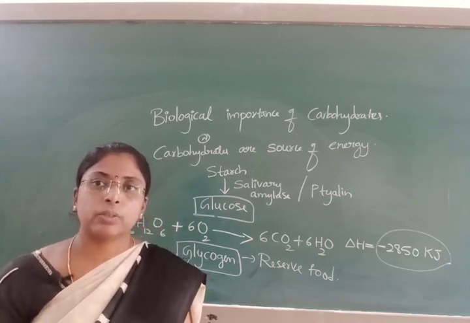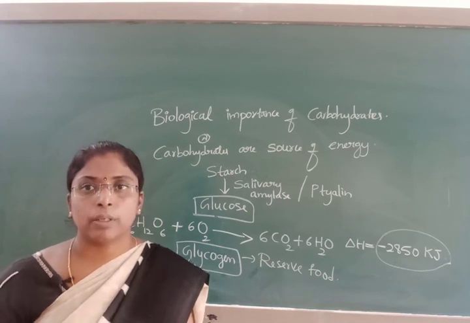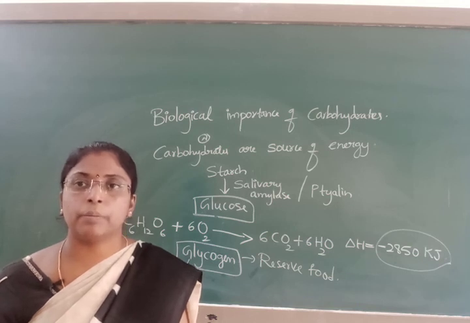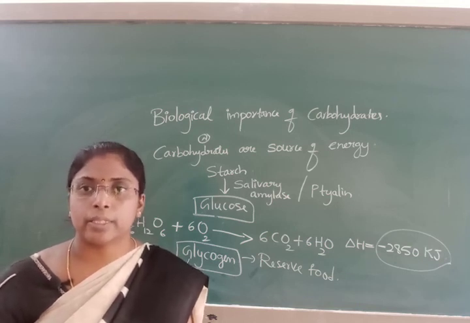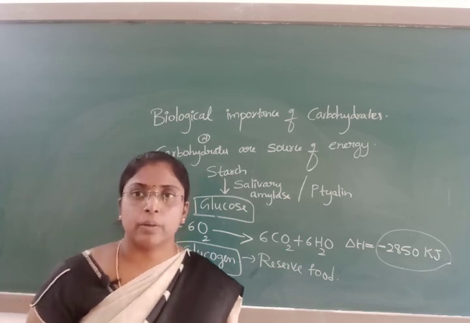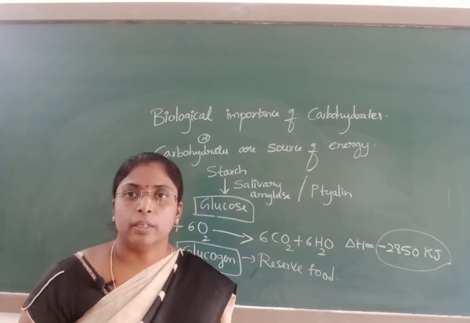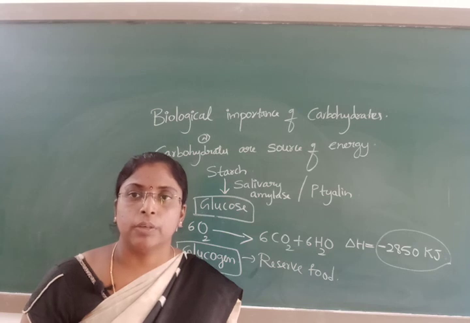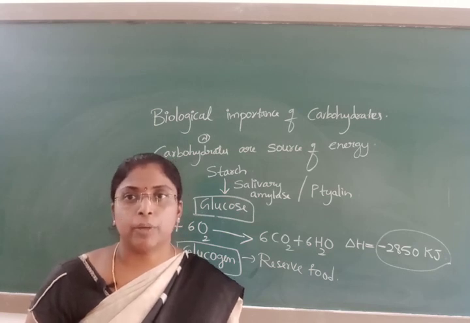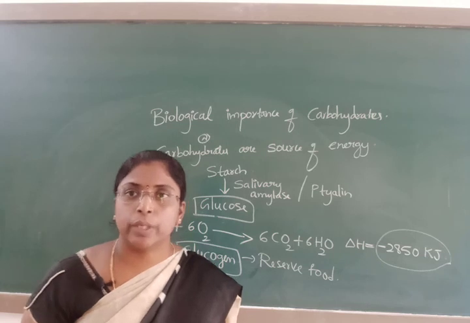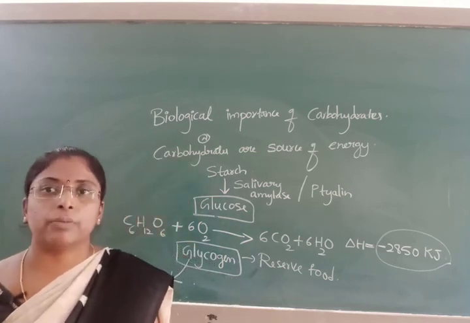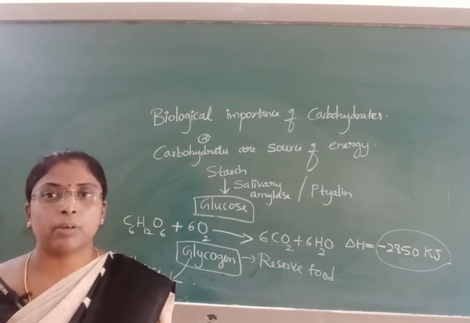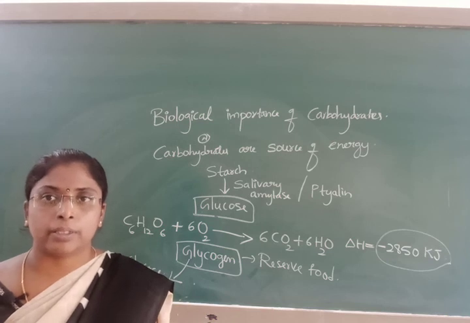Since cellulose is the main source for wood as well as cotton, in the form of wood it is used in the paper industry, and it is used in the textile industry. Cellulose also forms a source for alcoholic beverages. The two main storage materials among carbohydrates are starch, which is present in plants, and glycogen, which is present in animals. Hence, we call glycogen an animal starch.